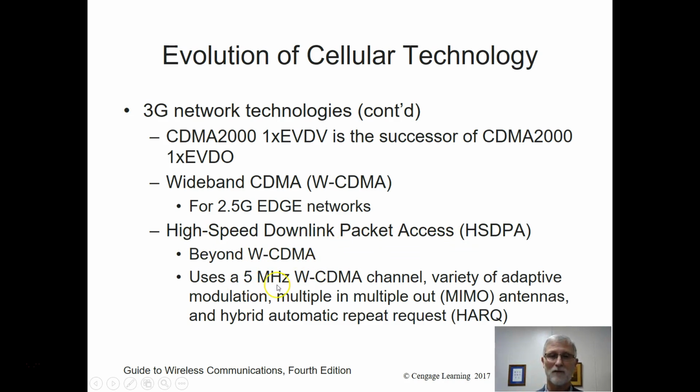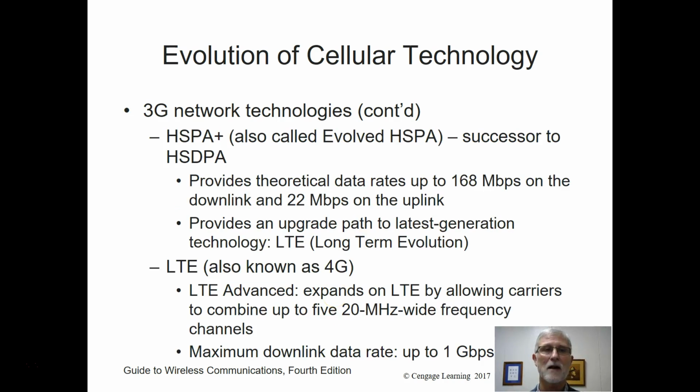So it basically used the 5 megahertz. But now you start looking at, hey, I've got MIMO antennas starting to be used. So the things that we saw in the wired, your wireless LAN, are now starting to be used on the outside. Now, you had higher speed, an evolved high speed successor that basically had higher data rates,